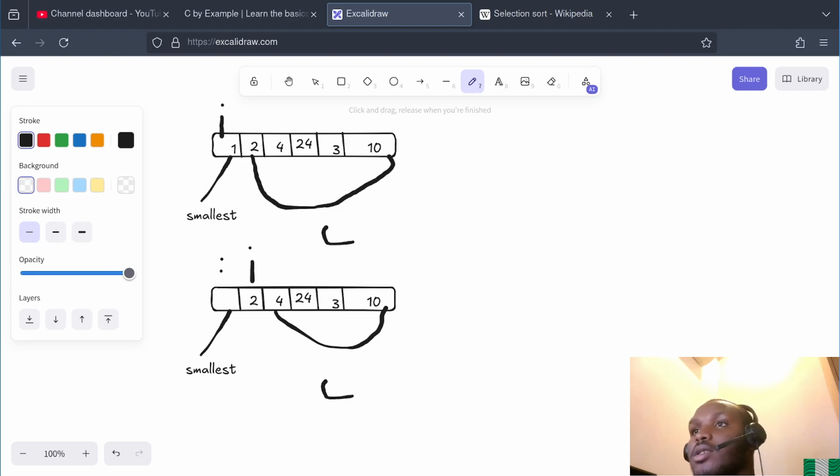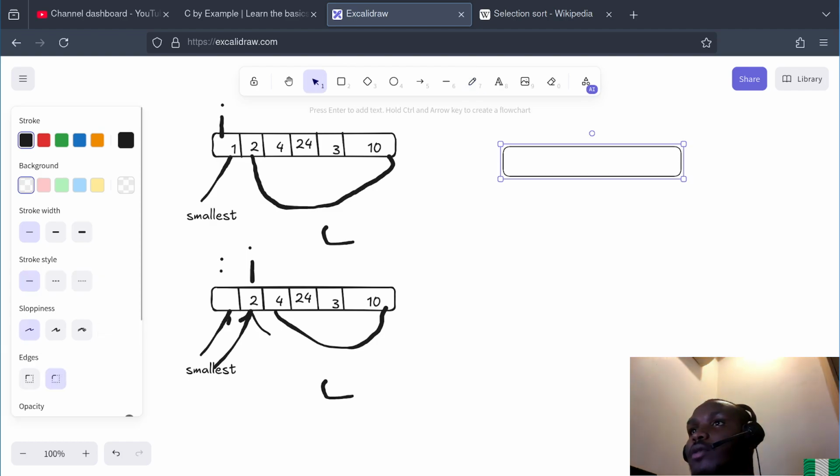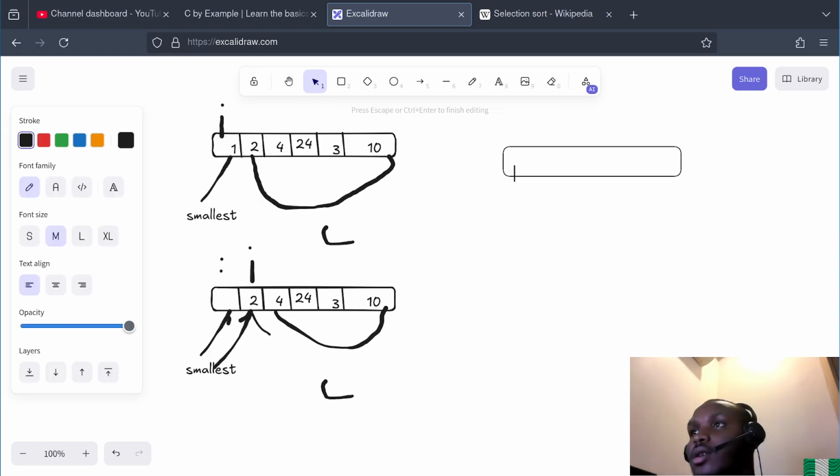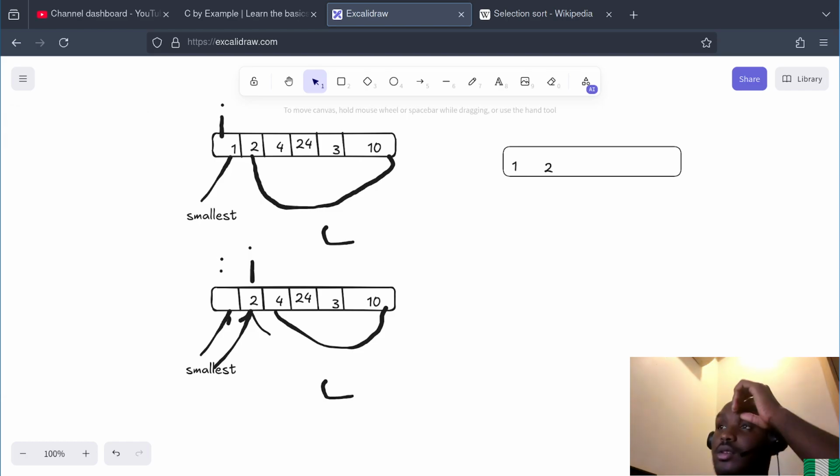It will be our new smallest. And then if there's something smaller, then we replace it. If not, we now put it. And here we have a new list. Up here we're going to have a new list whereby 1 enters and then 2 will enter, and you go on and on until you're done, until your I